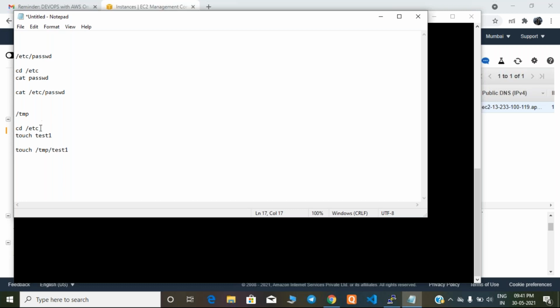You can go manually first to that directory and create a file under etc, or else by giving the full path also. Both are correct. In the same way while opening also: this is the file under etc, passwd is my file. First go to that folder, then open the file, this is fine, and this is also fine.